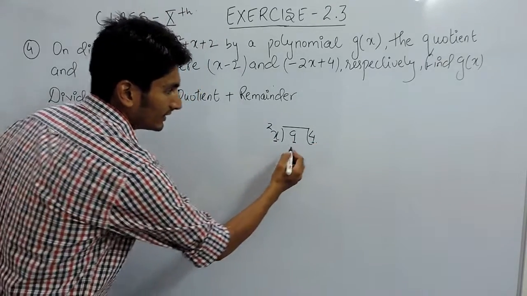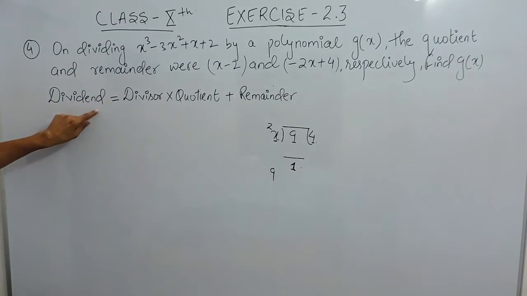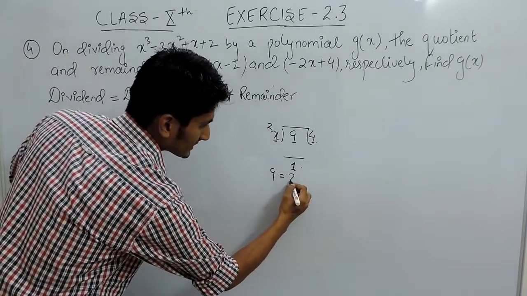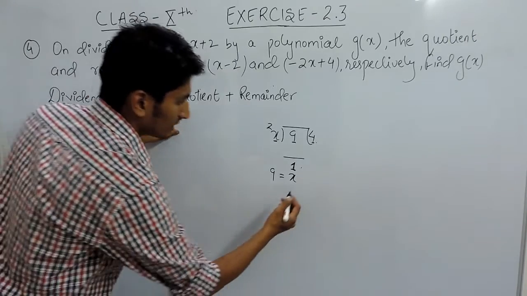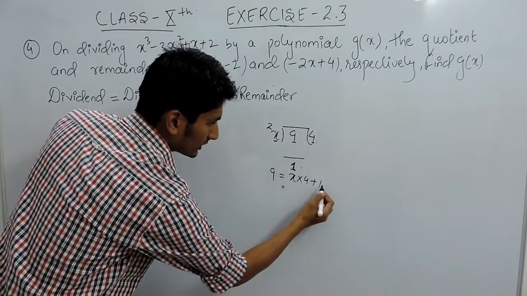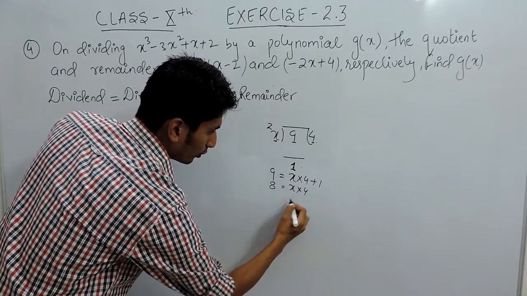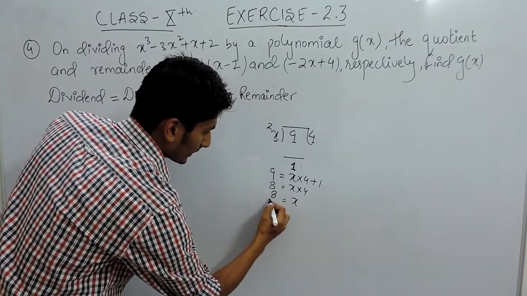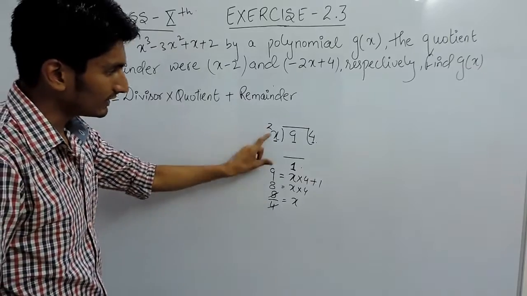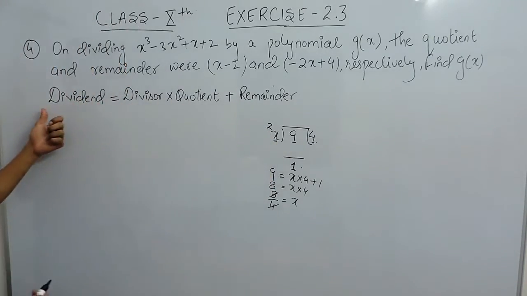Or you can say that this 9 which is a dividend should be equal to the divisor, which in this case is x, into quotient which is 4, plus 1. So this 1 when shifted to this side will become 8, and x into 4. So the value of x must be 8 divided by 4 which is 2. So this is the method we use in arithmetic. Similarly we have to use here also.